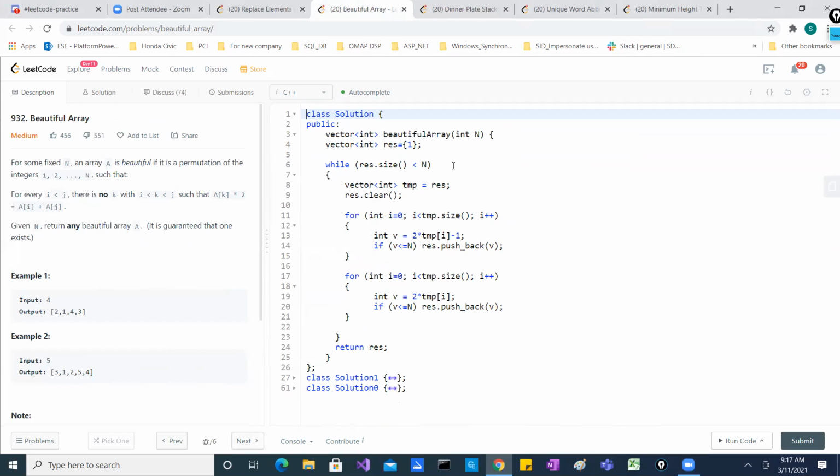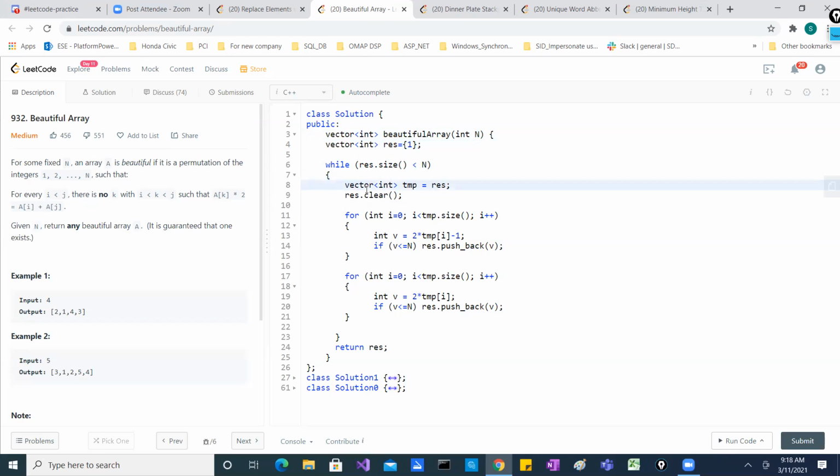So in this case, this is my signature, and this is my array of size 1, and it has only one value now, nothing else. And this is my while loop. What I'm doing is looking at the size of this particular array. It should be less than my size n, my n value. That is the only thing the while loop is doing here.